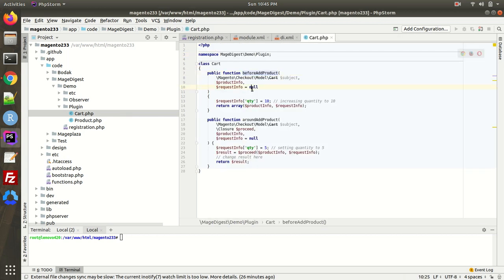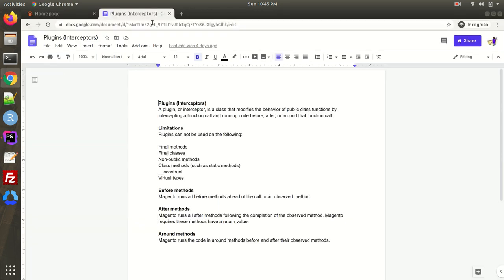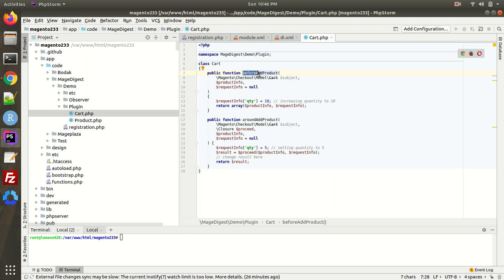So as in the documentation, Magento runs all before methods ahead of the call, meaning before calling this particular method, that is add product, our method will be called first. After that it will go to the add product.